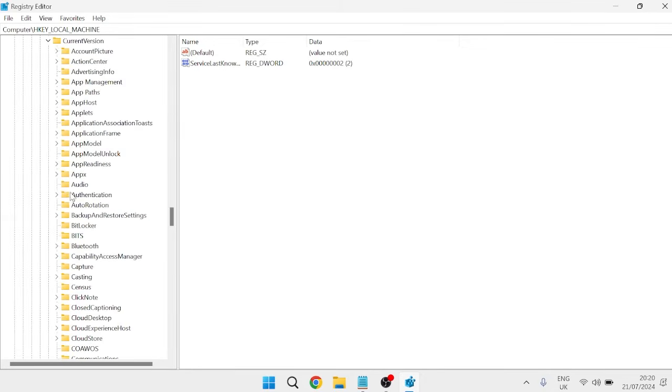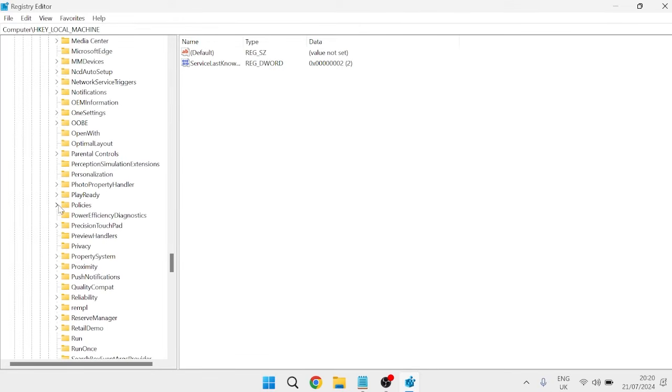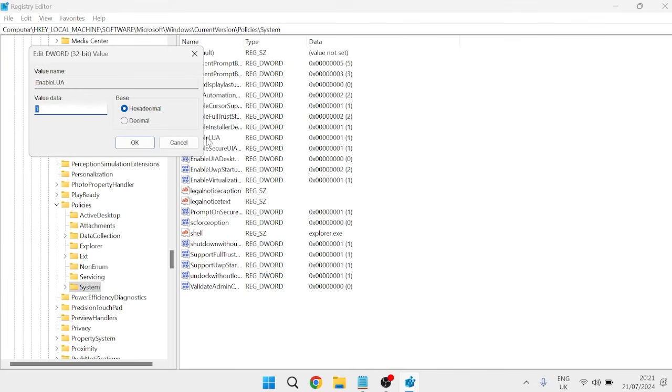Inside of Current Version, come down to find the Policies folder and just expand this Policies folder here, and this time we're going to select this System folder, and inside of this System folder we'll see a bunch of files on the right here, and you need to locate this enable LUA file. Then we're simply going to double click on this file and then change the value data from 1 to 0